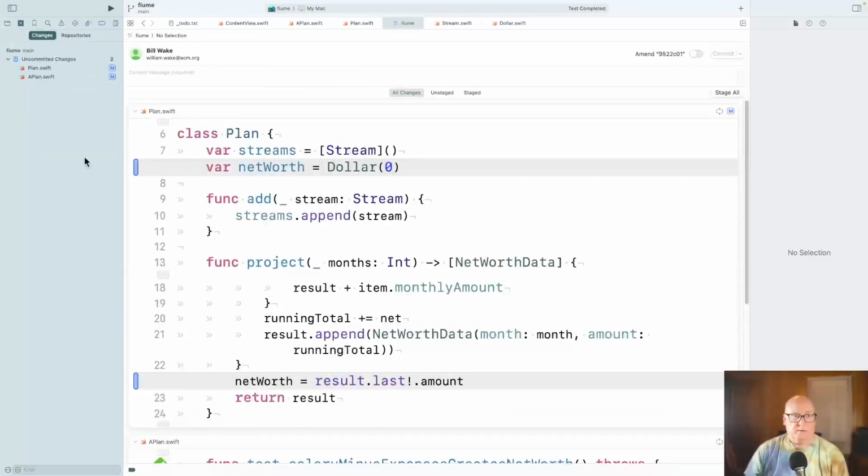Okay, so what we've accomplished is we made project produce graph ready data. Well, and we removed net worth.